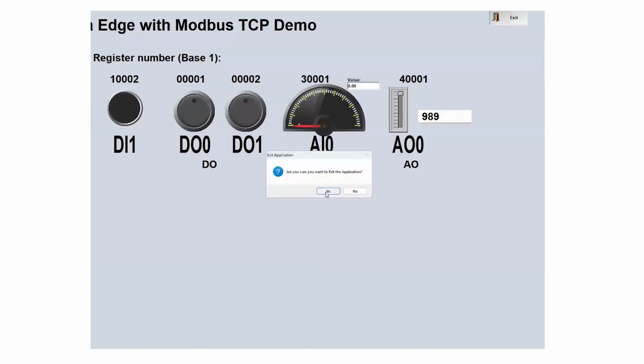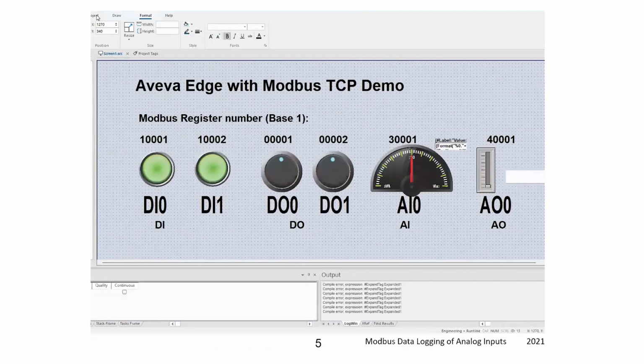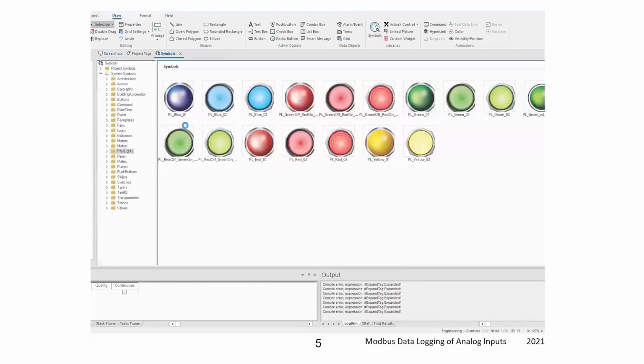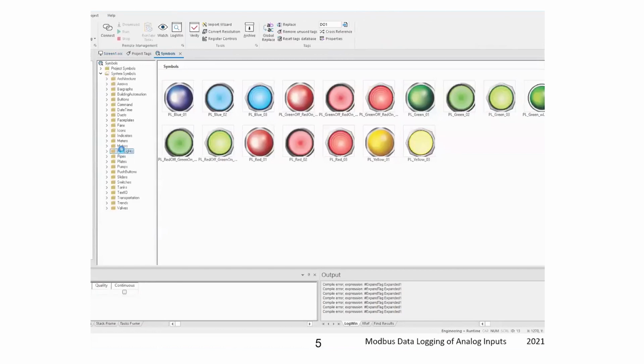Within the software, there's these images, plus there's a whole bunch more that you can use in your project design. So under the project menu for the draw menu, actually, the symbol library, this is where I heavily use a lot of the images. Going a little slow on my computer, but okay, the ones I use a lot are the pilot lights, the buttons, which are predefined buttons that AVEVA Edge